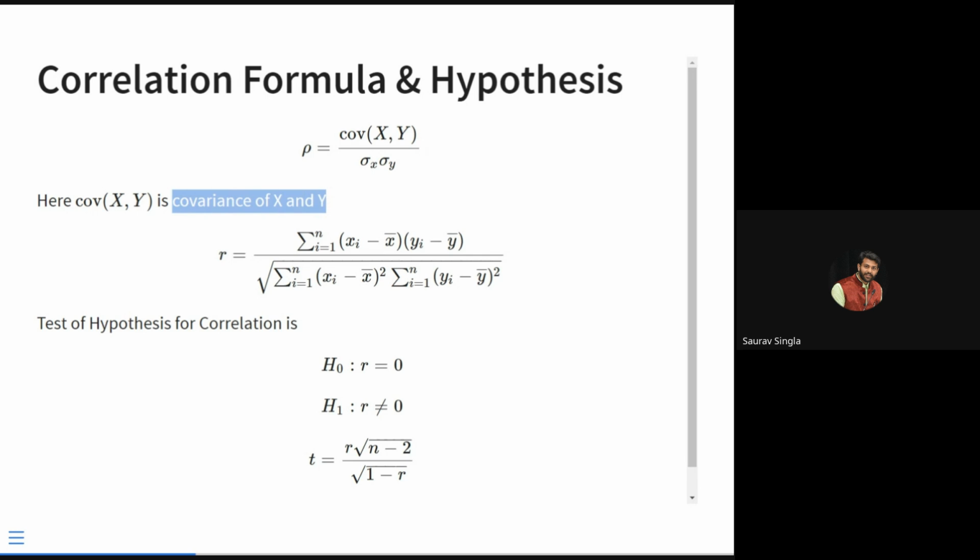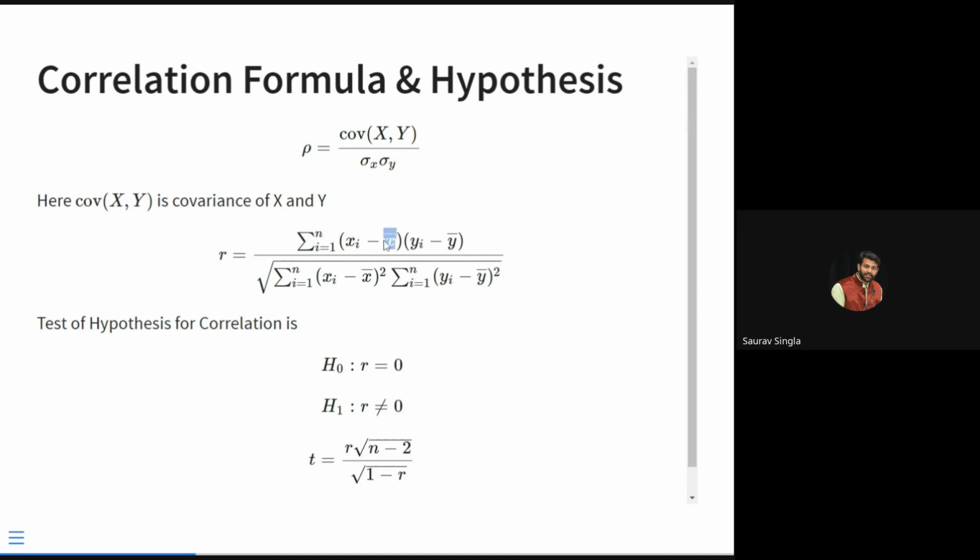Variance is nothing but the summation of (xi minus x bar) whole square divided by the number of values. That is a variance. Now what is covariance? Covariance is the sum of products divided by the count. Sum of products means